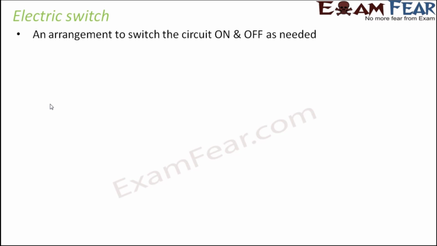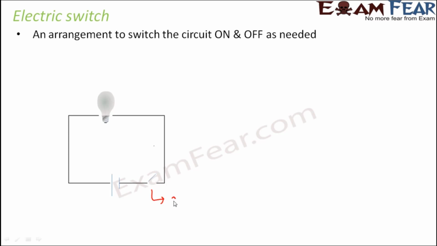So the switch gives us this flexibility of switching on the circuit and switching off the circuit as and when we want. When you look at this circuit, as I have mentioned before, this is how we represent a switch. As you see here, right now the switch is off. When the switch is off, the circuit is not complete, and when the circuit is not complete, current doesn't flow through the circuit, so the bulb doesn't glow. Now the moment you switch it on, the circuit becomes complete, the path becomes complete, so current tends to flow, and that's how the bulb glows. So the switch plays this simple but critical role in an electric circuit.